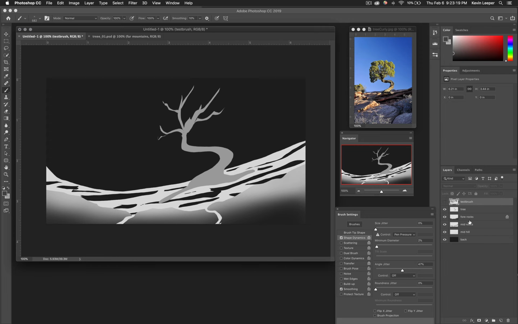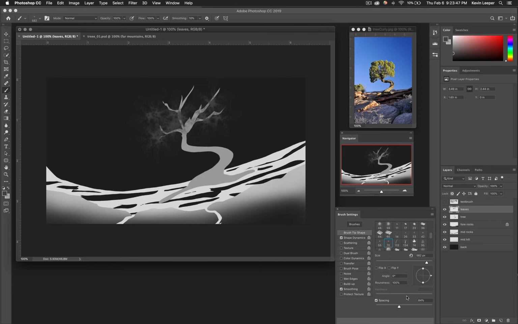So let's go ahead and go to one more layer, and I'll take advantage of this brush I have, and I'll make some leaves. That layer is selected. I'll just click and drag out. It's a pretty cool brush. Let's bring that spacing down a little bit. Do something like that. I actually really did like the,